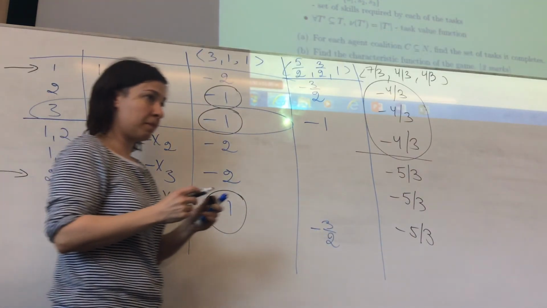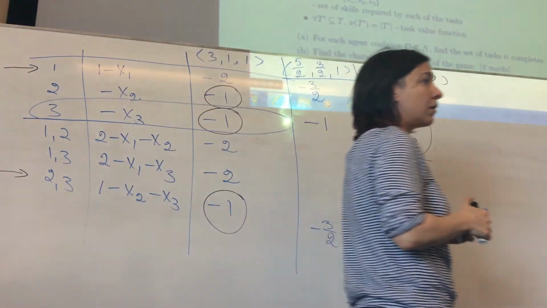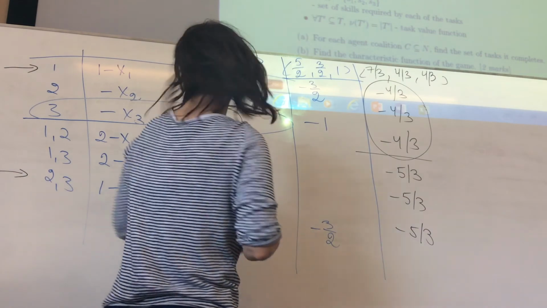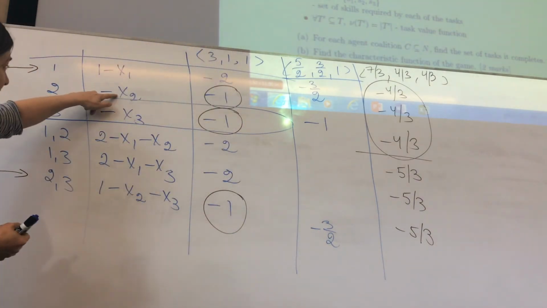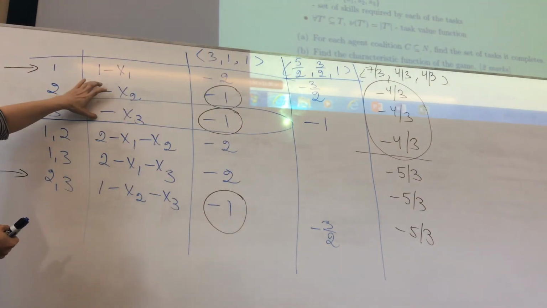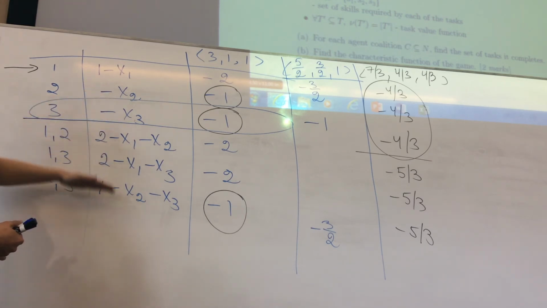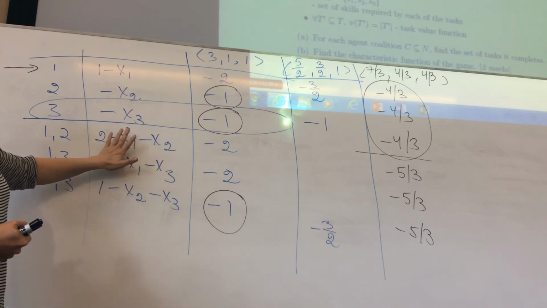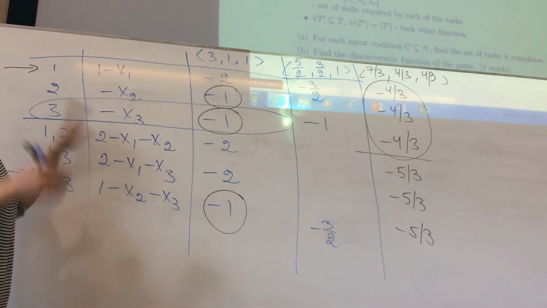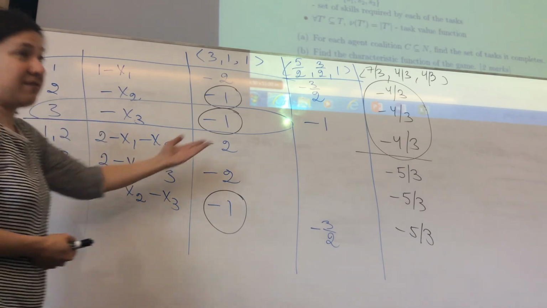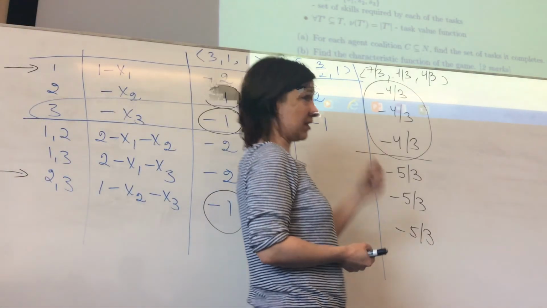Would you be allowed to say that since 2 and 3 are symmetrical, x2 should equal x3? Well, x2 and x3 are symmetrical here, indeed, and in the other direction. But you have to be very careful in checking that they are symmetrical. If they're indeed as here, yes, they would need to have the same excess.